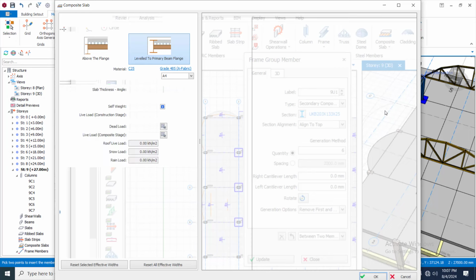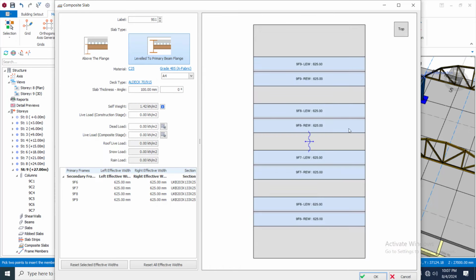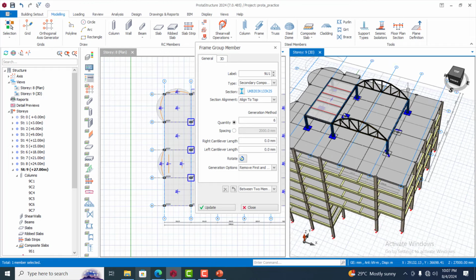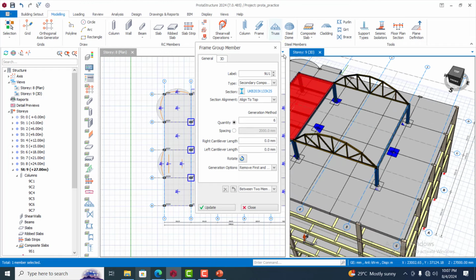This way. So I'm not going to really go into this in detail, just trying to show you the capabilities of your Prota